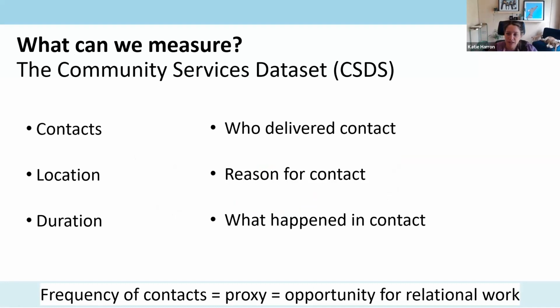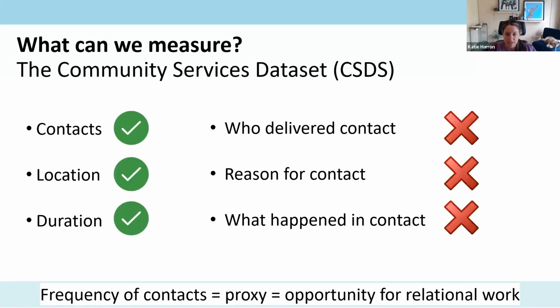It's an administrative dataset collected by NHS England, containing data since 2015. So in theory, we should be able to use the CSDS to see every contact that each child in England has had from around 2018, when the data quality began to be acceptable. We should be able to see where that contact took place, so at home or in a clinic, and the duration of the contact. But, if you want to click through, Jenny, there's no information on who delivered the contact,